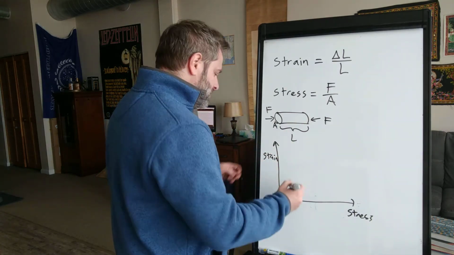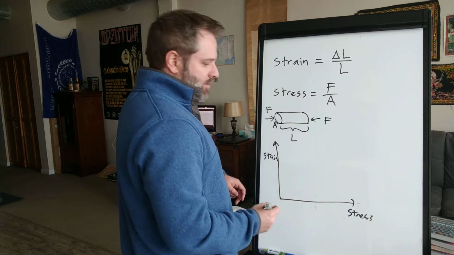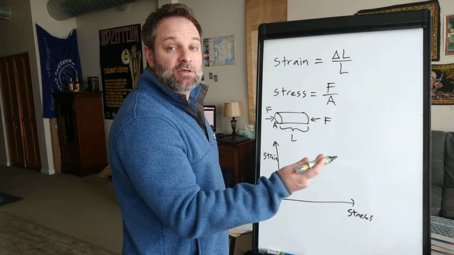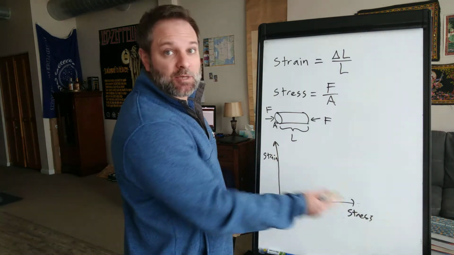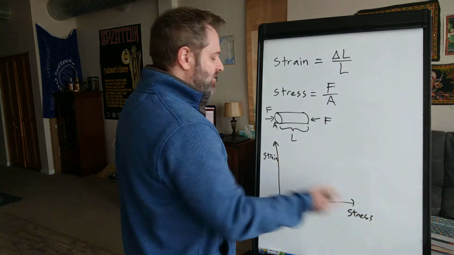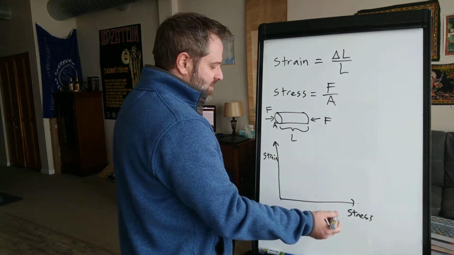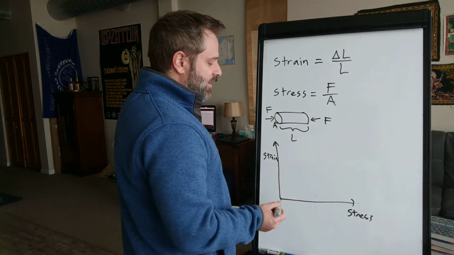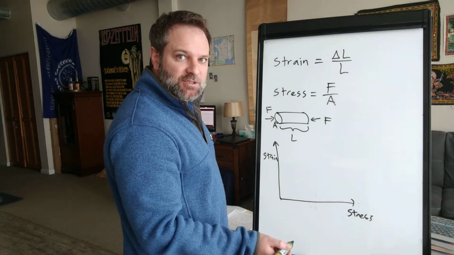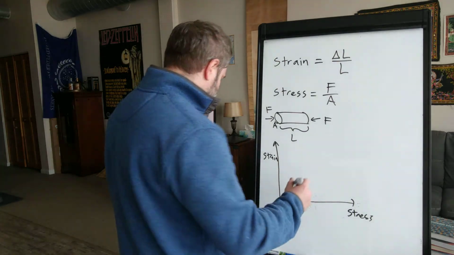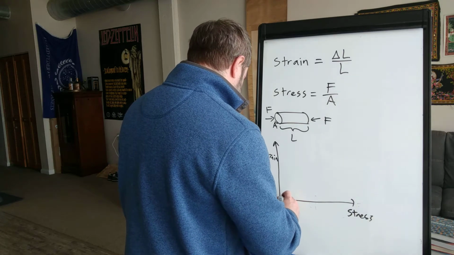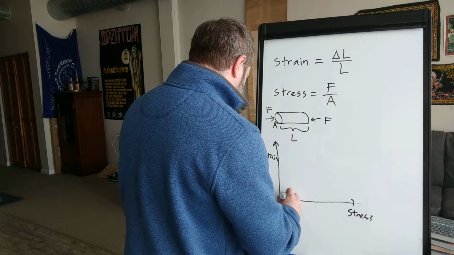You can imagine that the state of any system at any particular given force, so both of these things are going to be functions of force, the state of some given system at some given force is going to be a point on this diagram, right? And it's going to have some amount of strain, it's going to have some amount of stress that's being put on it. So if we start from zero force and increase and increase and increase,